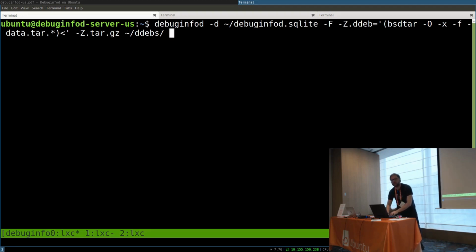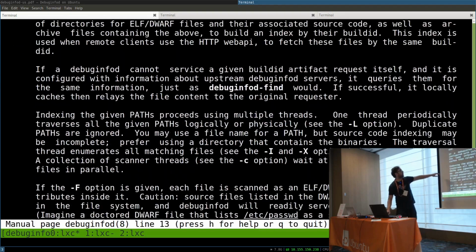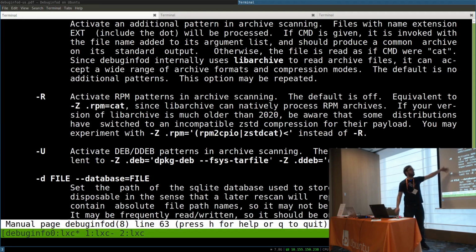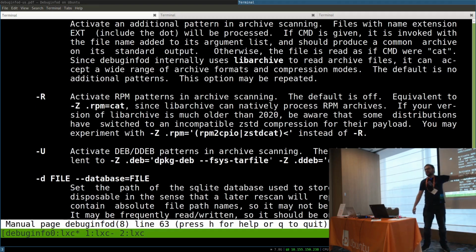Debuginfod actually has an option to work with RPM or ddeb or deb out of the box. But the problem command is much better to use. I was thinking the same. It is not much better, because it's slower, and not only is it slower, but unfortunately